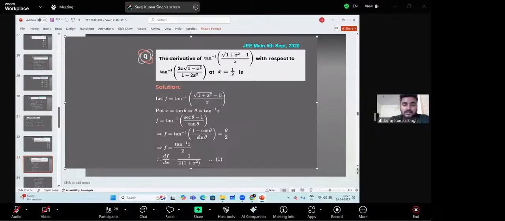Here, what is the trick to solve this question? I'm telling you. Here, 1 plus x square. The students are not getting the idea of how to handle 1 plus x square. So there are some tricks: if root over a square plus x square is given, the students should consider x as a tan theta. For a square minus x square, this type of question,